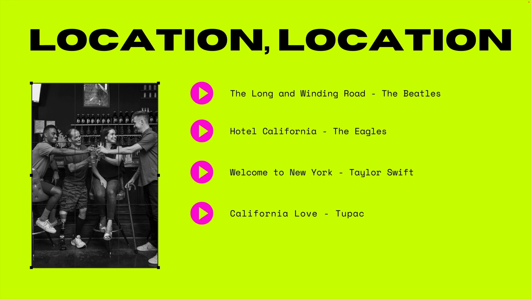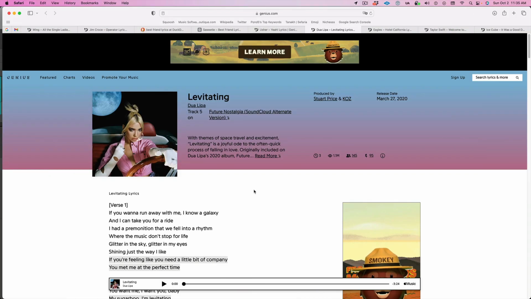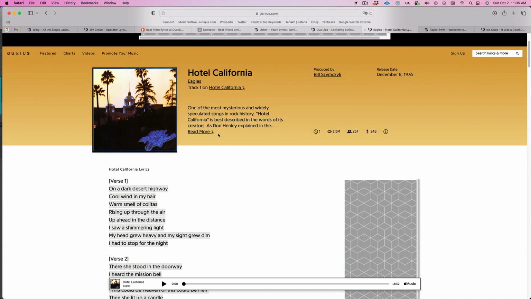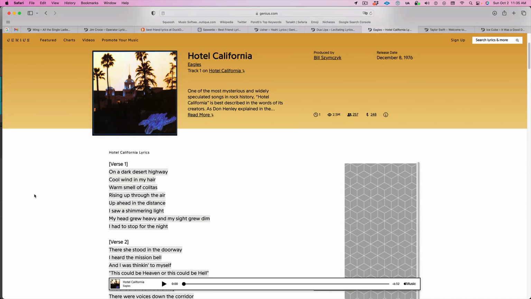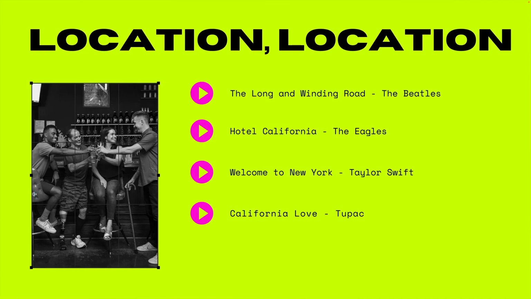"The long and winding road that leads to your door," and then it goes on and talks all about this long and winding road and the emotions and all that attached to it. Hotel California is perhaps the quintessential song about a place, and it starts out "on a dark desert highway."